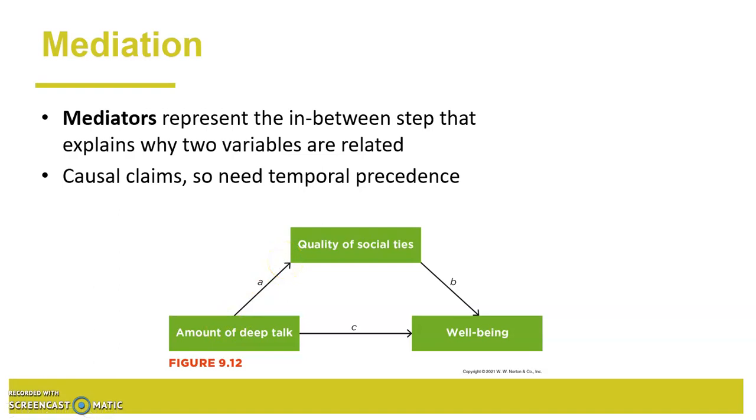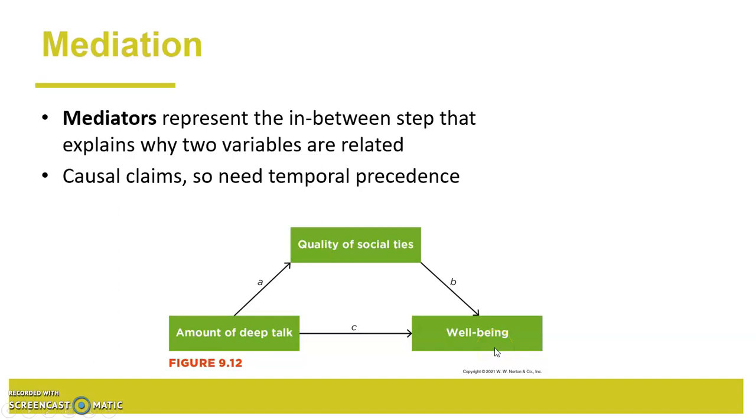It's a little bit closer, but you need the temporal precedence, where amount of deep talk leads to quality of social ties, and that leads to subsequent well-being. Okay. So this is another way that you can get closer at establishing causality as well. So mediators really answer the question of why. Why is there a relationship between the amount of deep talk and the level of well-being? Well, maybe it's because those who have deeper conversations improve the quality of social ties, and then that leads to